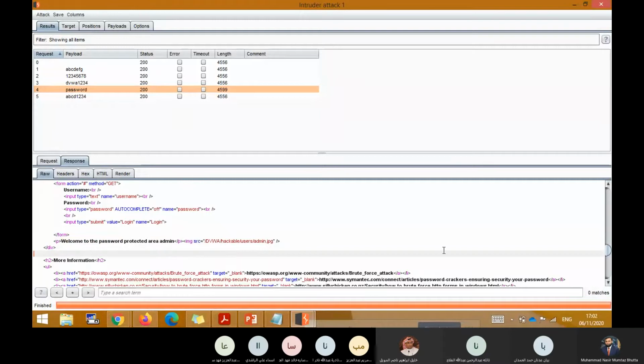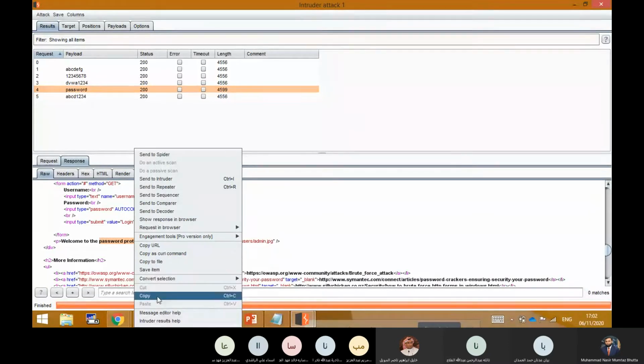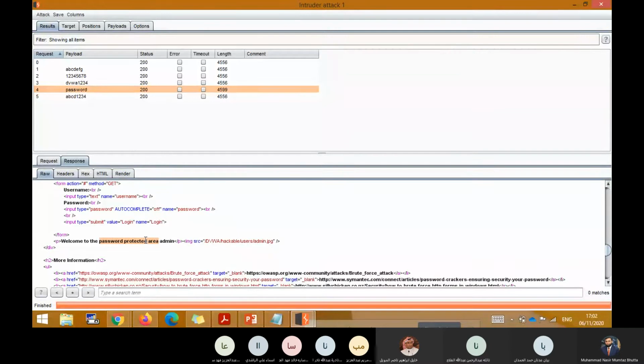So when we correctly enter the password, we can try something unique which comes in the response, and which does not appear in the wrong ones. For example, the word protected, or password protected area. These three words are unique when the password is successful. I copy this combination, password protected area.